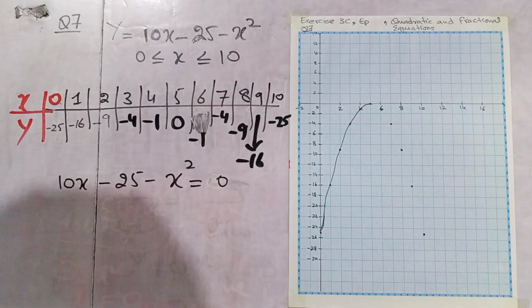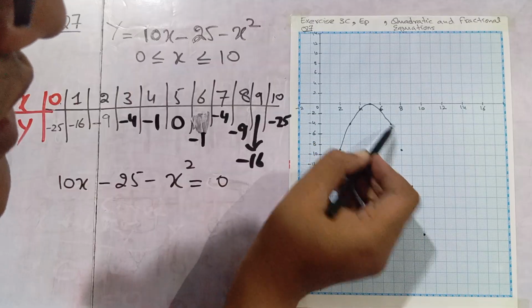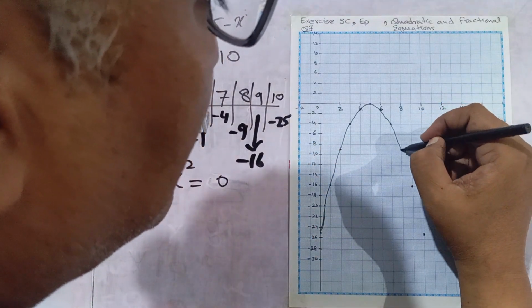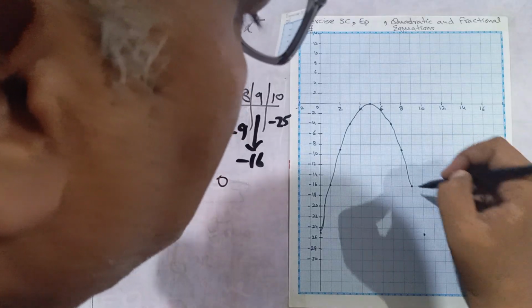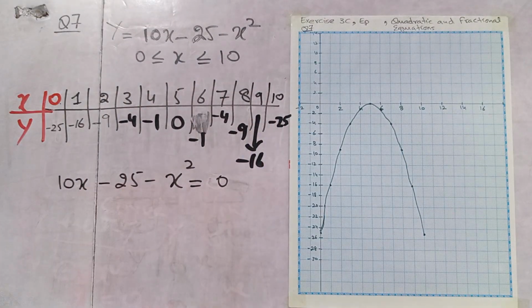And from here the graph turns and it will go like this, and then it will go like this. Okay. So this shape is called the parabola. And this is all. This is done. Then the question is